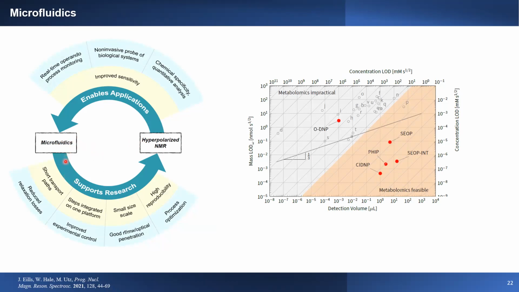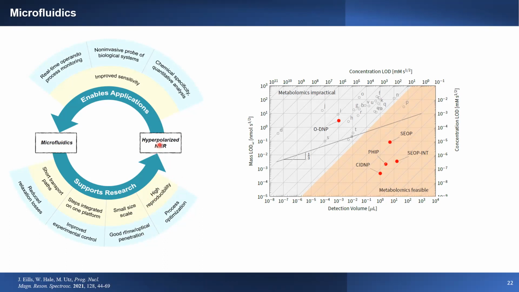But exactly how that works: in microfluidics, you've got a number of experimental parameters like short transport path lengths that mean you have reduced relaxation losses. You can integrate many steps onto one platform, so you have high experimental control. The small size scale is really important for many hyperpolarization techniques. So if you're wanting to develop KidNip, for example, where you need optical penetration into the sample, then working at the small sizes of microfluidic samples is highly beneficial. And it's very reproducible. You can repeat experiments quite easily, flowing samples through a chip, varying some parameter and acquiring